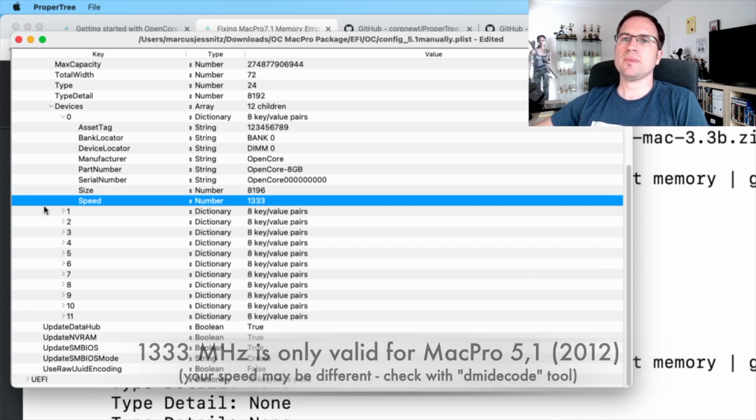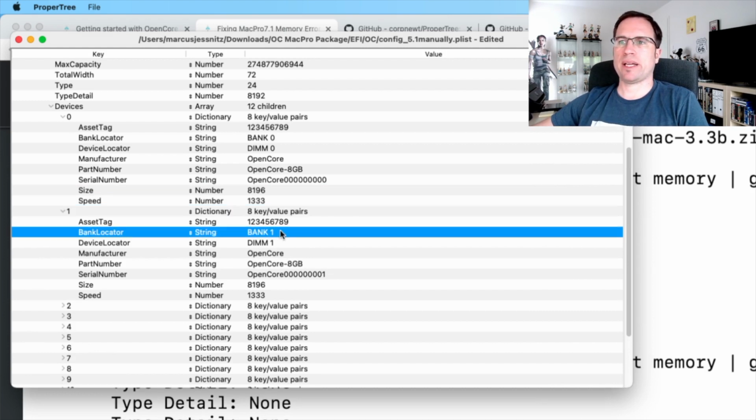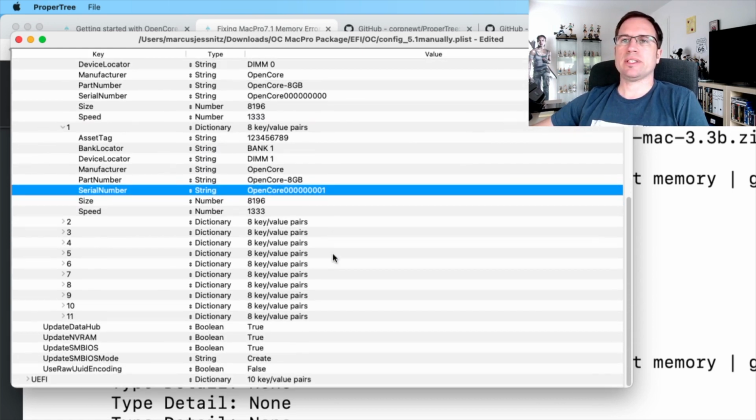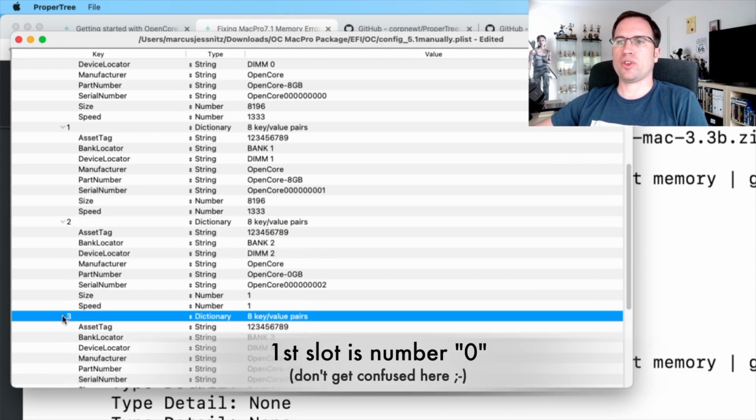Okay. I did the same with slot 1. I just called it Bank 1 and DIMM 1 and OpenCore 0001, but that's up to you how you enter it, or you enter the real serial numbers you find out with the tool. But then my third and fourth slot were empty. That is number 2 and number 3.